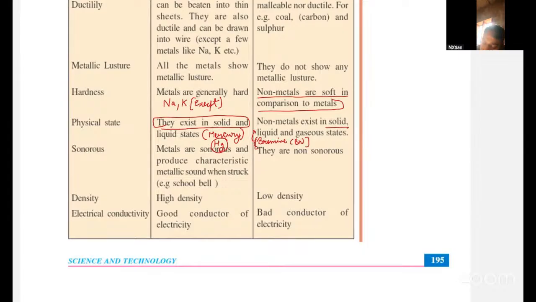Now, sonorous: metals generally have sonority. Sonorous means that a ringing sound will come. Non-metals are generally non-sonorous. Metals have high density and non-metals have low density. Electric conductivity is also one of the most important things. Metals are all good conductors of electricity except